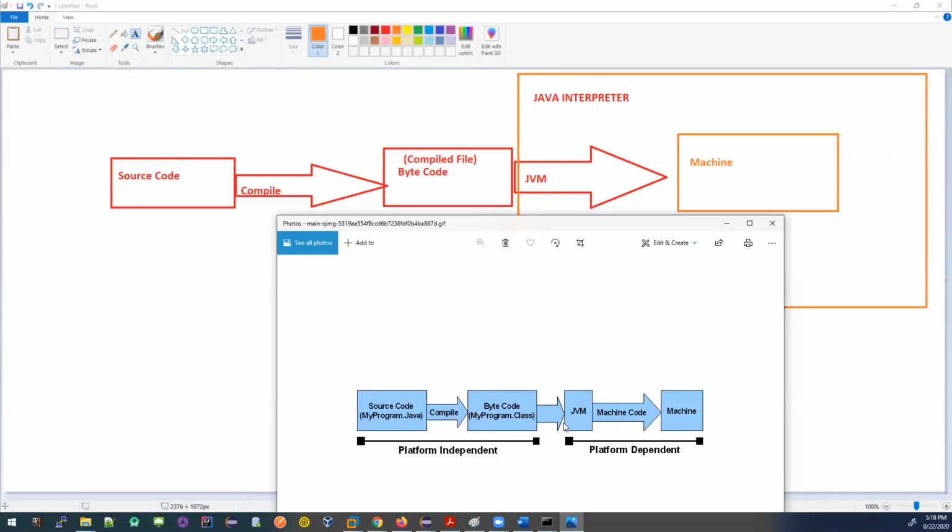The Java virtual machine will do some work with this file. It will do some memory allocation. It will load the file. It will then verify the code, the syntax and everything. Then it will execute the code, and when it executes the code, it will use the help of the Java interpreter. The Java interpreter will go through every single line of the bytecode and convert it into something the machine can understand, and then the machine will give me the output of whatever instructions I have given.